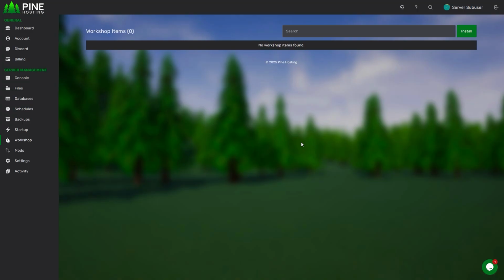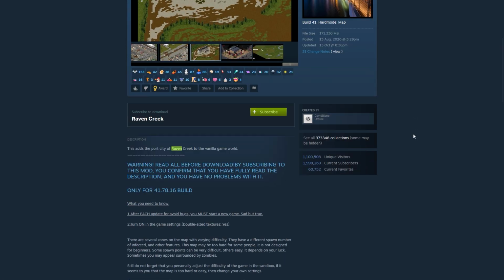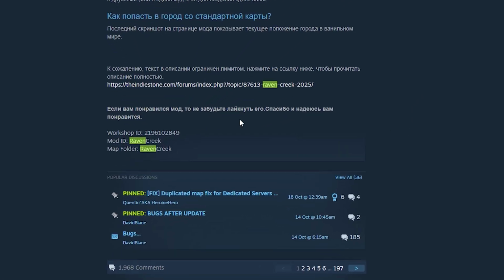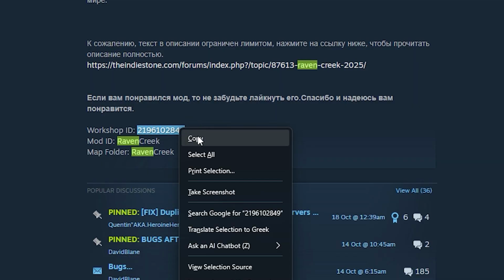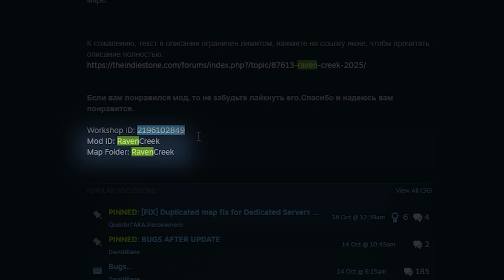You can find this ID on the Steam workshop page of the map you want to install, and it's usually listed near the bottom of the page. For this example, we'll be using Raven Creek, so we'll go all the way down until we find the workshop ID. We're just gonna go ahead and copy this. But whilst you're here, make sure to pay close attention to the mod ID and map folder name, because we'll